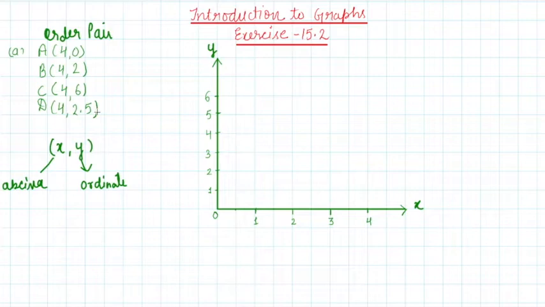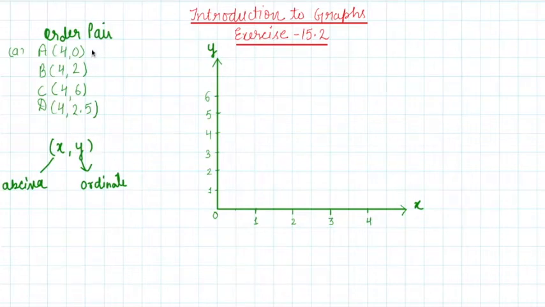Right? So let's mark these points on the graph sheet and you have to verify if they lie on the same line. First, we will mark the location of these ordered pairs in the Cartesian plane. Then we will join them in the same order and check whether they lie on the same line or not. So let's see.